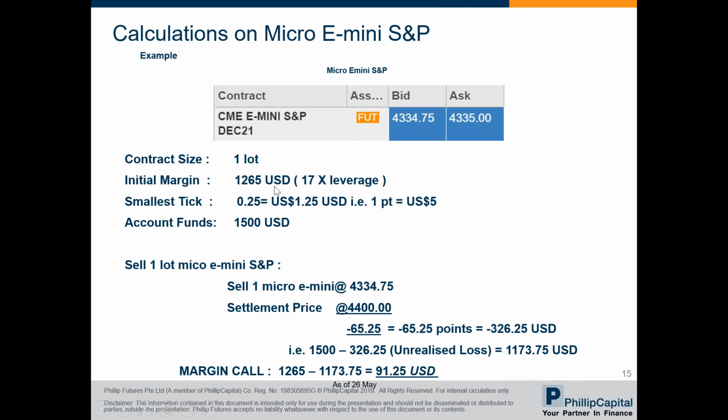However, we mentioned that the initial margin required is 1,265 US dollars, which has to be maintained at all times. Since we do not have sufficient funds to meet this requirement, we need to do a top up. The amount of top up required is this initial margin 1,265 minus what we have in the account, 1,173.75, which is a $91.25 USD top up. So you have up to 2 days to do this top up. Else, if you do not top up on T+2, you will be liquidated at the market close on T+2.